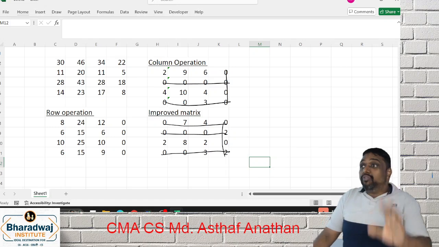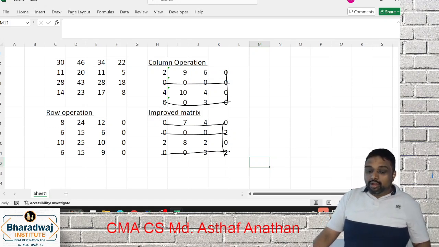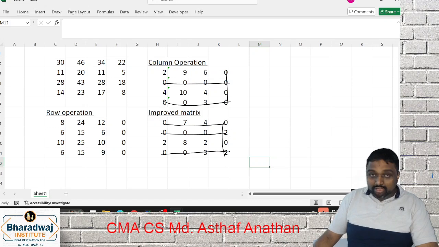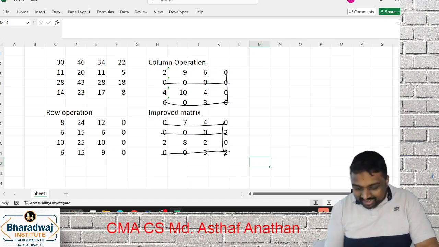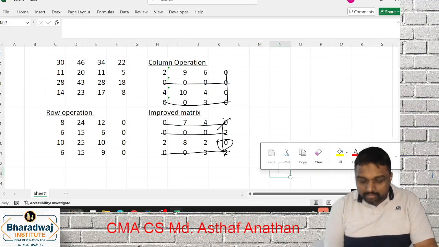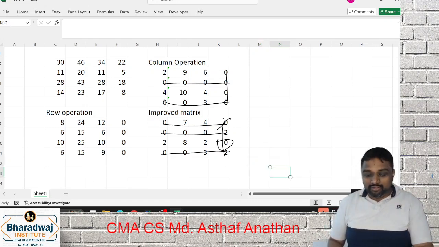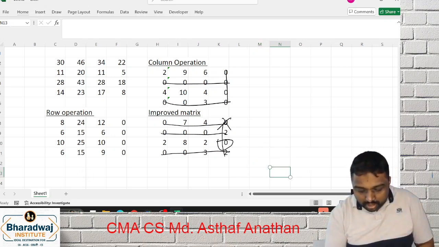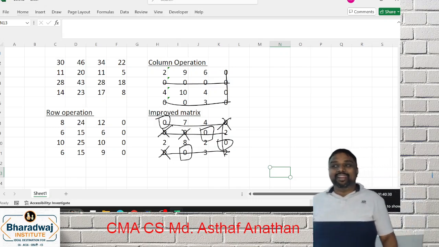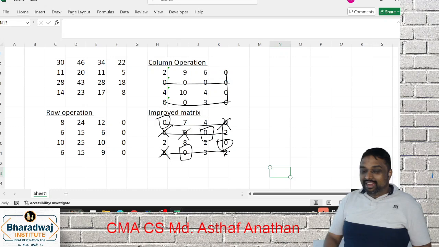It's a previous year question. It takes even less than 5 minutes. Now you have to go for allocation. How will you allocate? Row-wise single 0. In the first row it is not there. In the second it is not there. It is in the third. That is over. Now you proceed again with allocation. You have to cross. Now here there is a single 0. See, this previous year question can be completed in less than 5 minutes. Hope all of you got the correct answer.